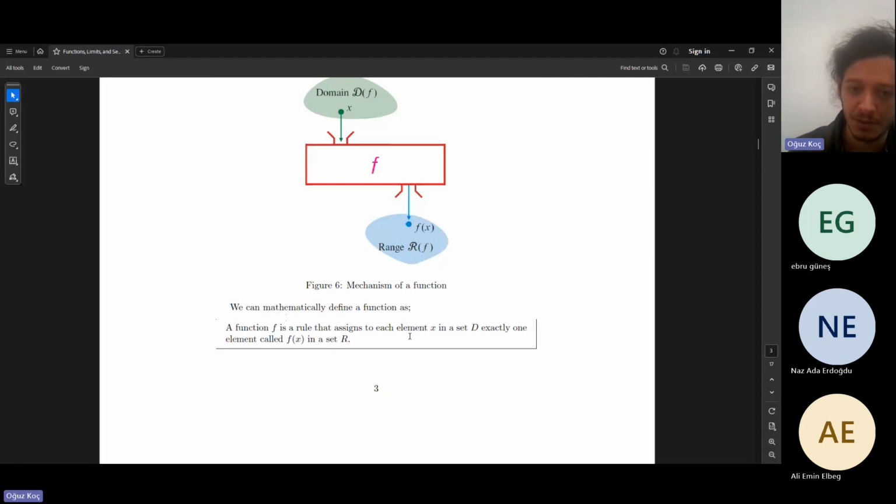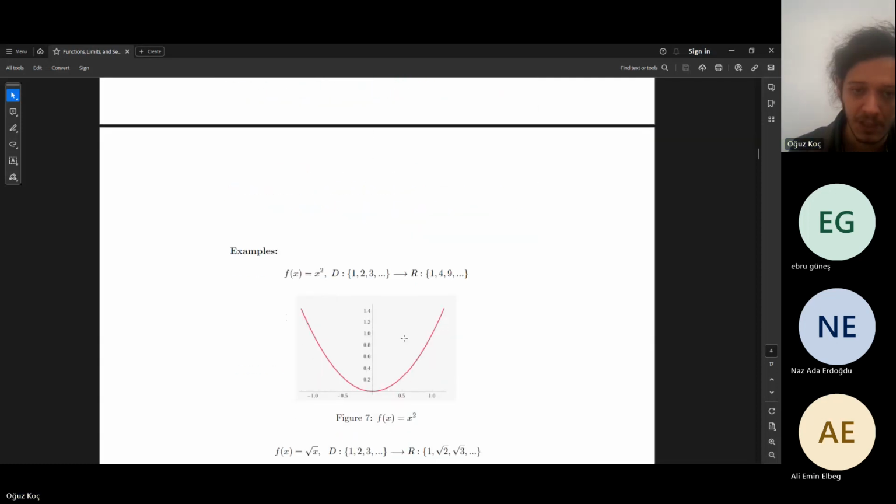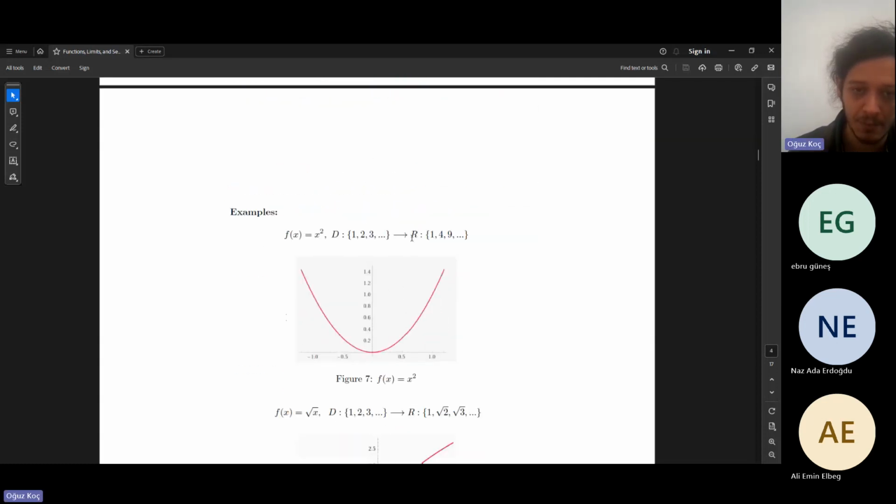It is the definition of the function. We have some examples with illustrations. We have a function, the second power of x. This is our domain, and this is our range. The illustration and the domain and range sets are not